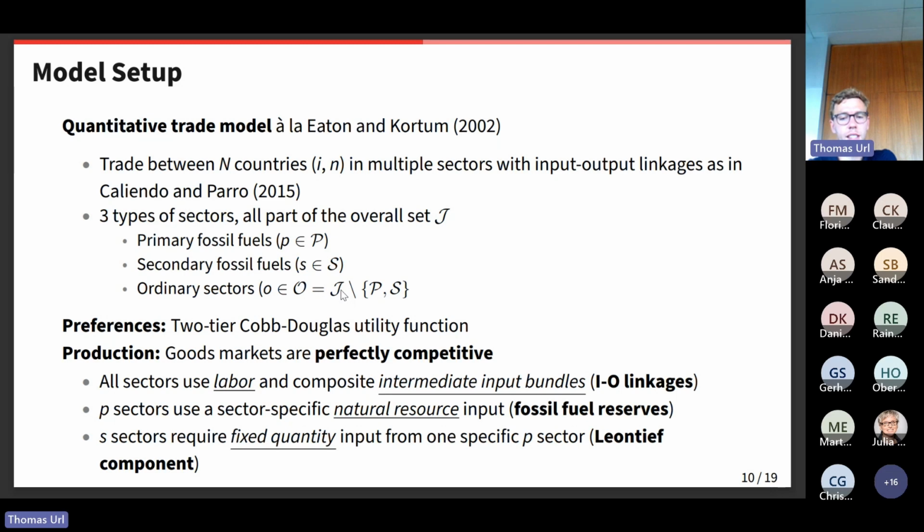I will introduce it in a second, but can already tell you now. GTAP has 5 fossil fuel sectors, and 3 of them, we will see it in a few slides, but it's basically that